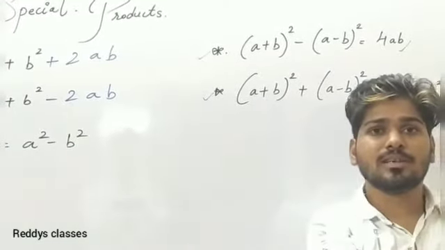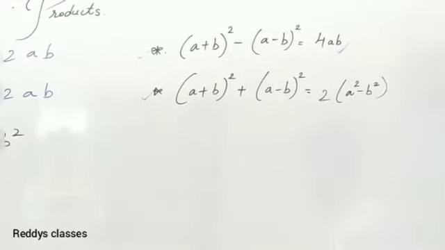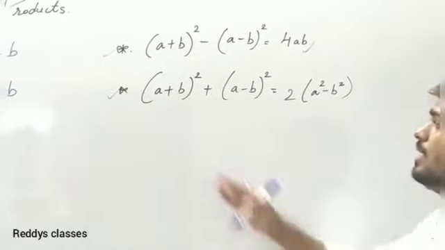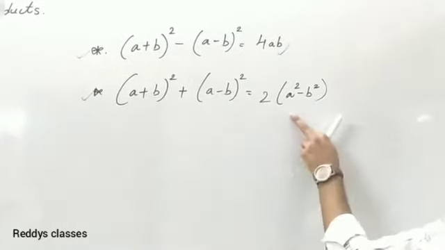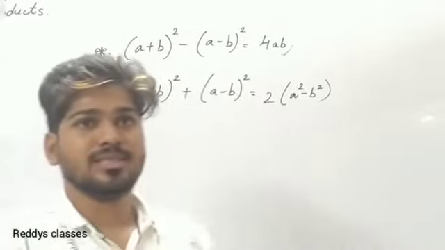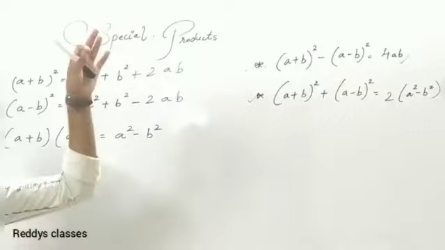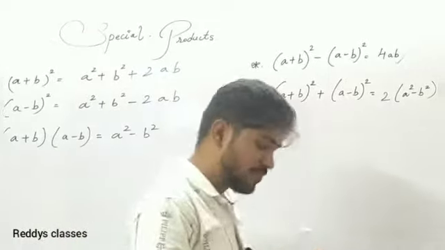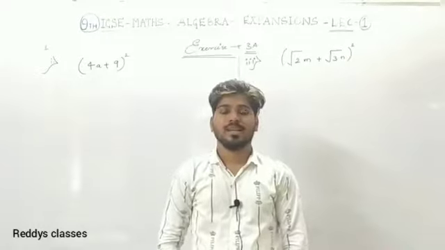You will have to cancel the terms. Okay, you will get this term 4ab, and a plus b the whole square plus a minus b the whole square. It is what? 2 bracket a square plus b square bracket close. That's it. You have 5 formulas here. You have to learn them by heart, and we shall start on this chapter. Okay, let us start. So let us go.